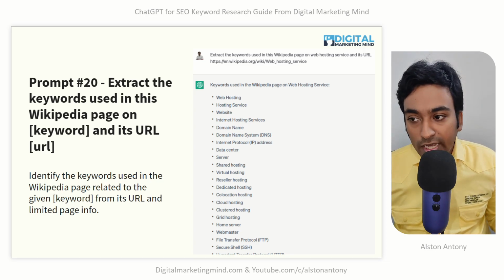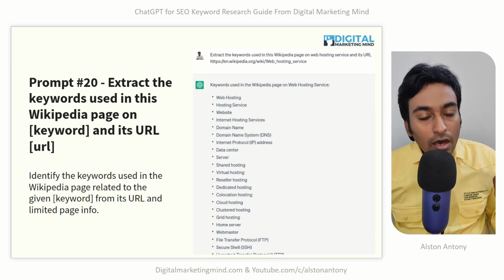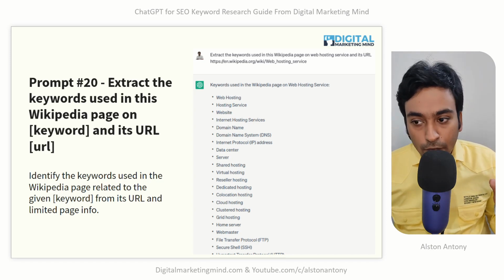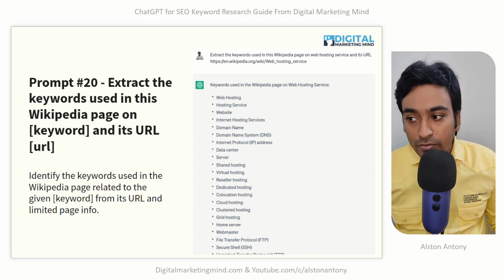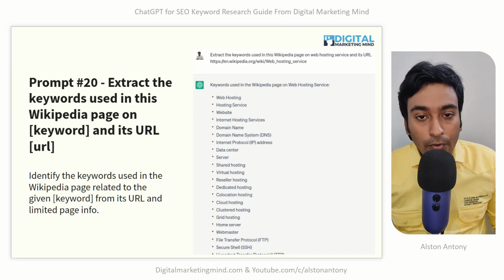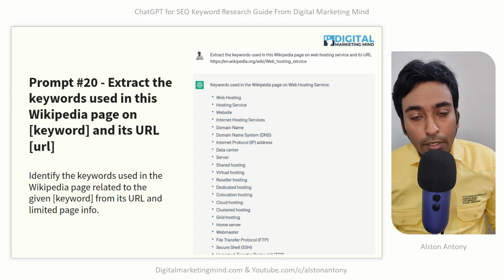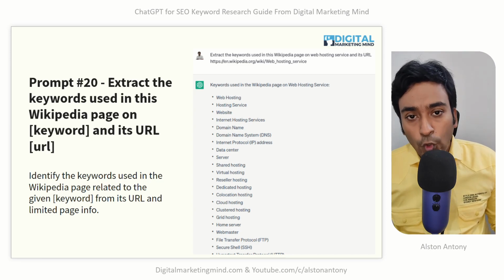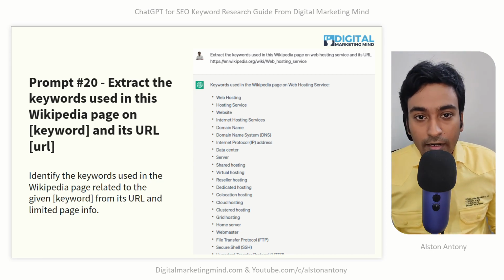So when I used a Wikipedia URL and mentioned the keyword format, it was automatically able to identify all the keywords within the Wikipedia page itself. So you can try it for a Wikipedia page, or you can even try your luck with some other really big, popular site, and maybe it can find the keywords from that page. And obviously with the development of ChatGPT-4, you will be able to use this feature to dynamically bring data from any URL. So that is prompt 20.